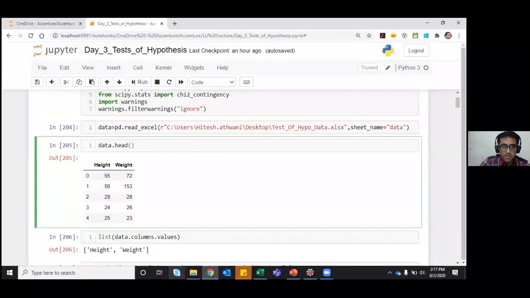If you don't close it, then Python will give you an error. And also, because it's Excel data, just write the sheet name. You can write which sheet we want to extract. It's simple as that. Read Excel command and the sheet name, which sheet we want.